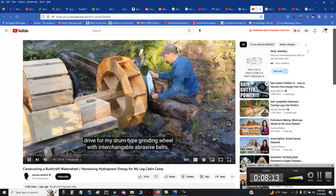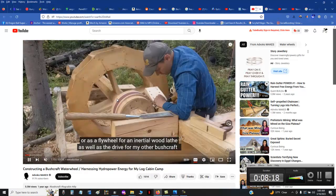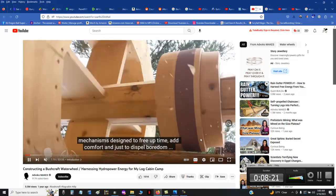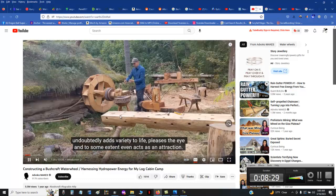turn off the audio. So look, here's a grinding wheel. So that's what he said. So he's using a wheel. So look, he's moving it even by hand. So look, he's grinding. Well, he's lathing. And this is when he was building it. But obviously he can use this because he's using it like a flywheel right now, which is nice. You see how he's putting